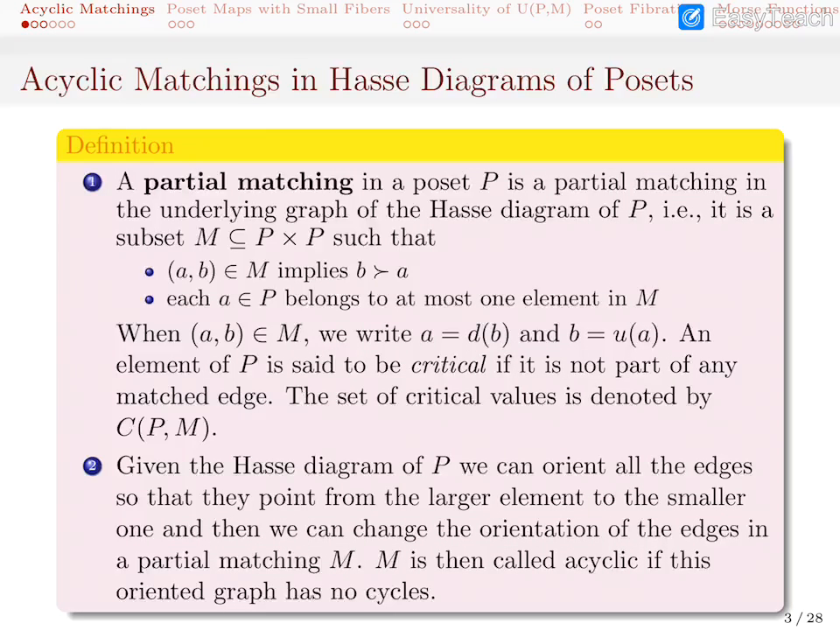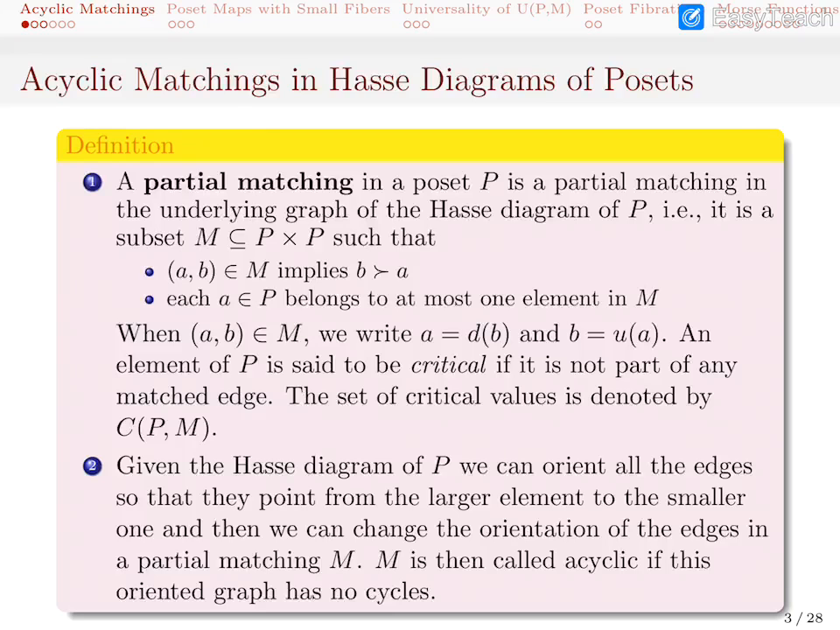So first we will look at acyclic matchings in Hasse diagrams of POSETs. First a couple of definitions. A partial matching in a POSET P is a partial matching in the underlying graph of the Hasse diagram of P. That is just a subset M of P cross P, such that first of all, AB belongs to M implies B covers A, and secondly each A in P belongs to at most one element in